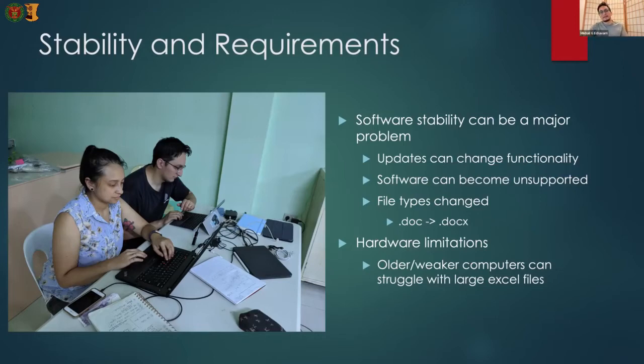There are file types from the 90s or the early 2000s that it's very difficult to access without a working computer from that era. And even now we are using .docx for our Word documents. Before we were using .doc, and I'm wondering how long it'll take before we can't open the .doc files anymore.